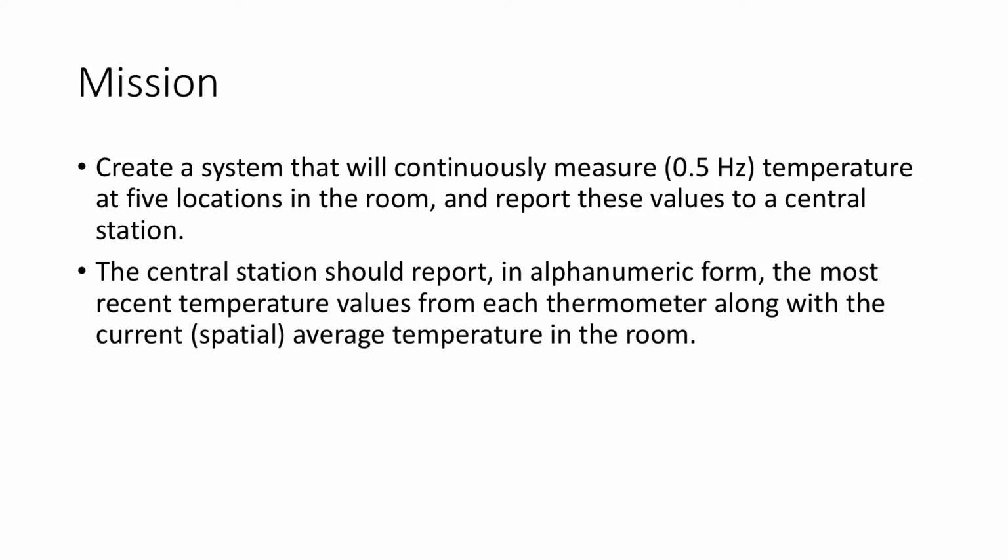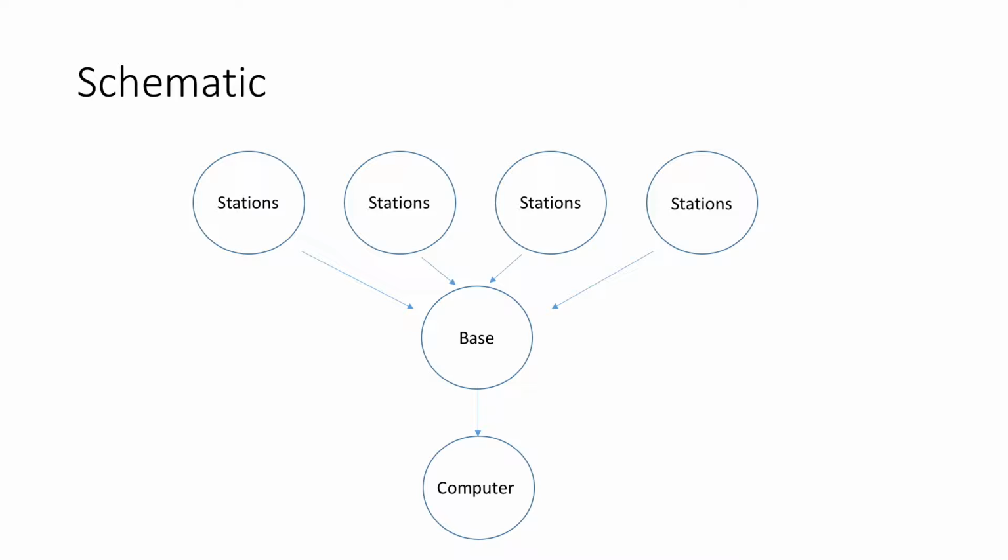So our mission is to create a system that will continuously measure temperature at 5 different locations in the room and report these values to a central station. And the central station should report the recent temperature values from each thermometer along with the current average temperature in the room. So the design concept is to link all of the XBs in the same mesh with a coordinator